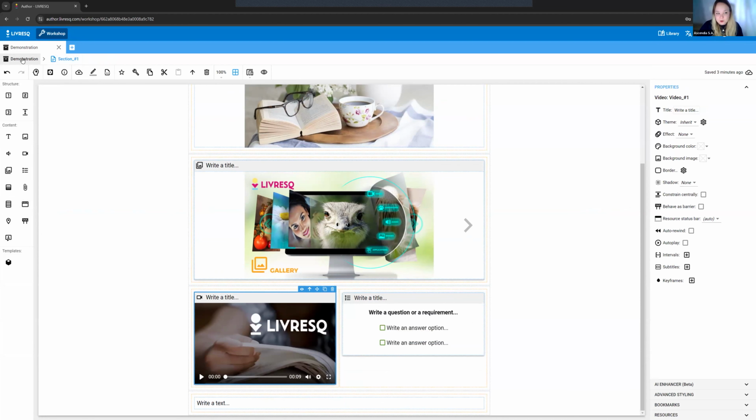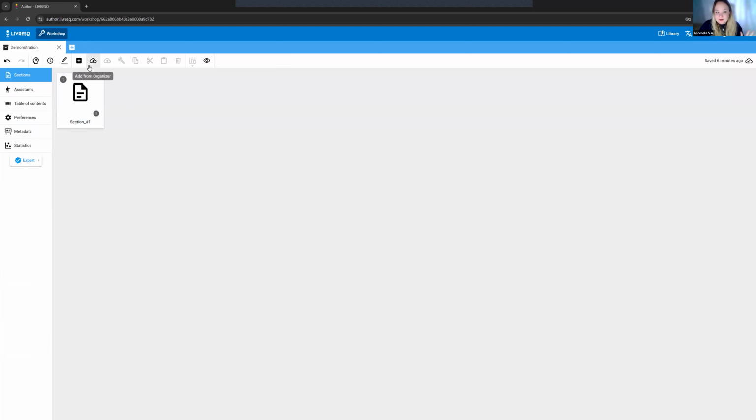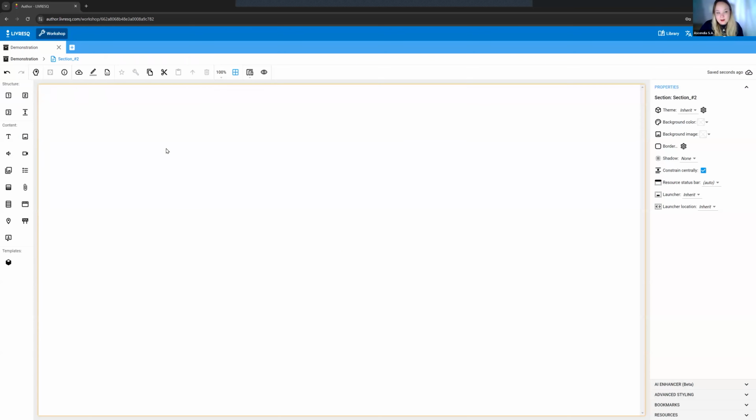Now, if I go back to my project, we'll also add another section. I've clicked the add here. I'm in sections. And if I click the plus button, then I can add another section. And again, it's empty. I double click to edit and I can see that it's very similar to that one. I'll add a few more